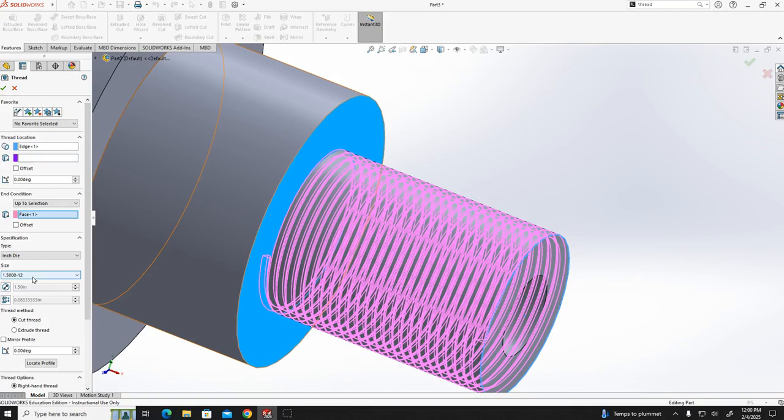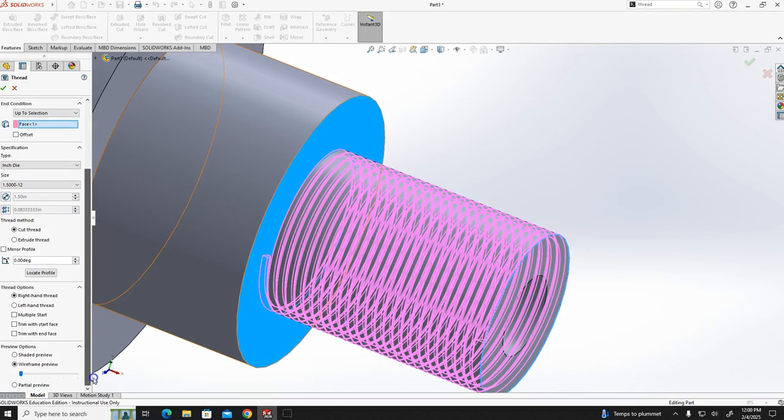So here 12 means 12 threads per inch. I will apply that size and I will show you how those 12 threads will be there. So click on cut thread, extrude thread, which means it will extrude that thread profile. Just hit cut thread, and if you hit OK,